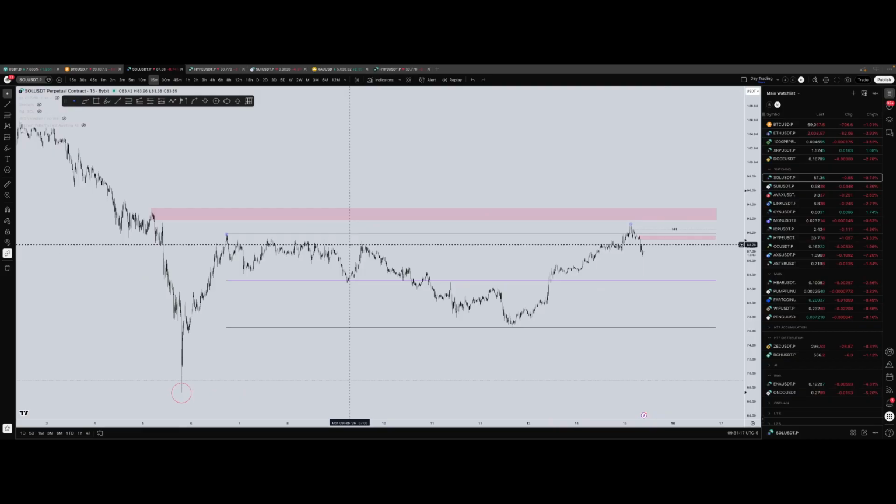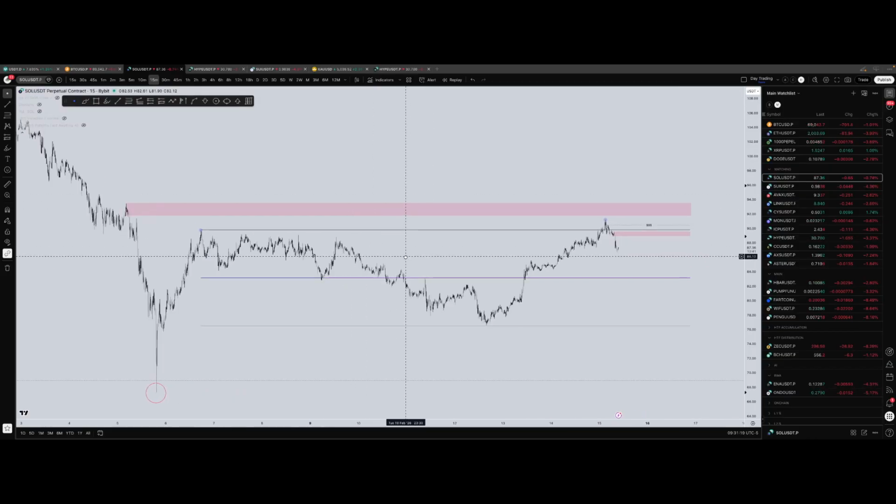And the confirmations can potentially be something like this. Ideally, in a perfect world, we want to see Solana come a little bit higher, come to this red box in here, and go lower. And here on the bearish break, that is when we short and we take this lower. If we happen to actually get this, we're going to take 70% profit in here, and the remaining 30% will have to be